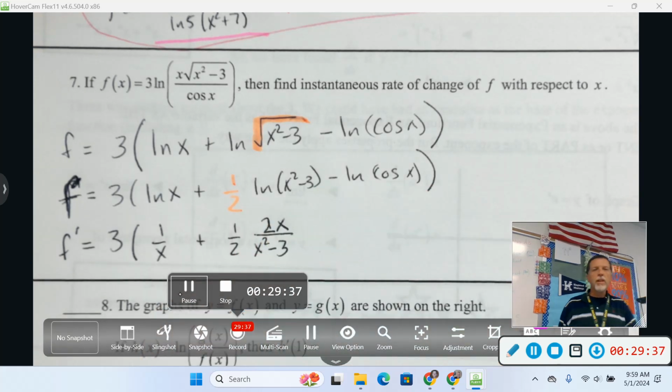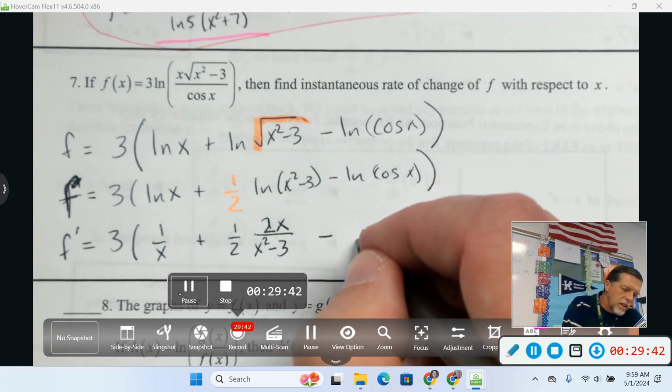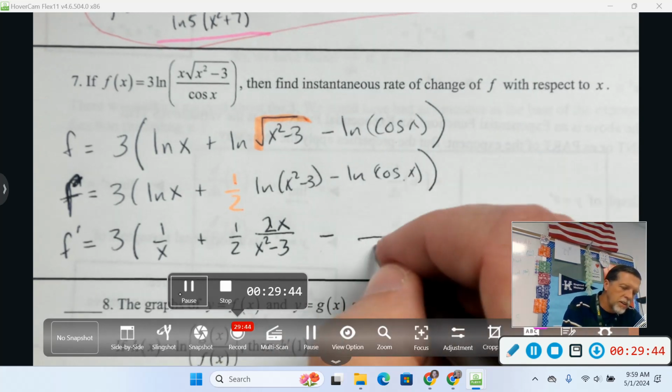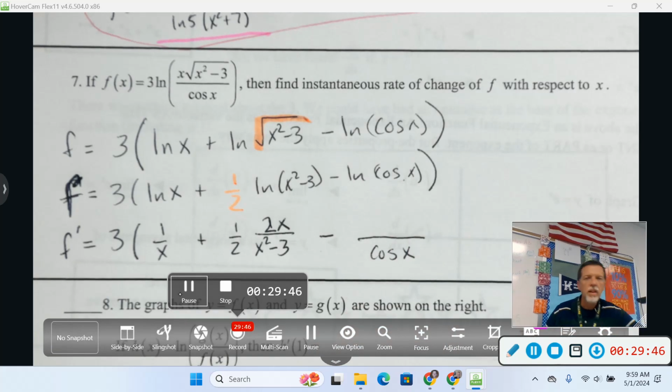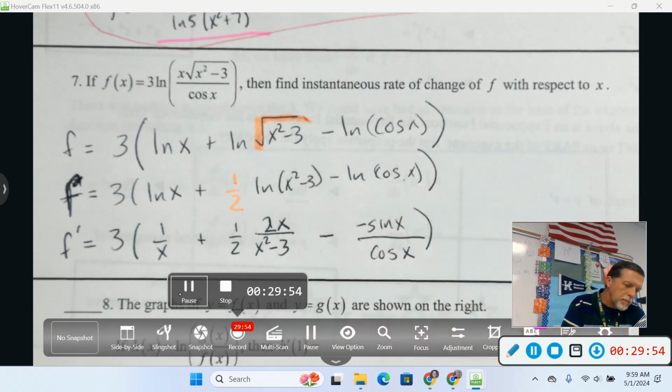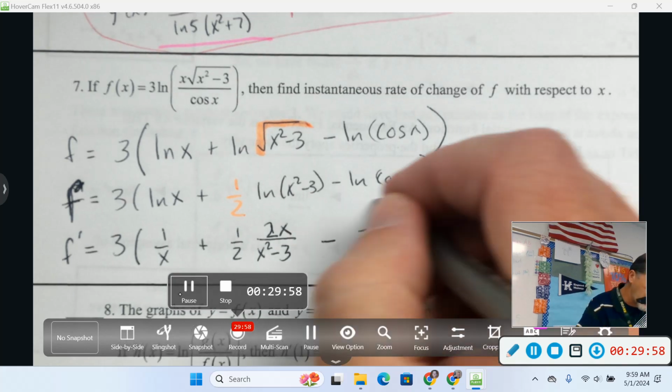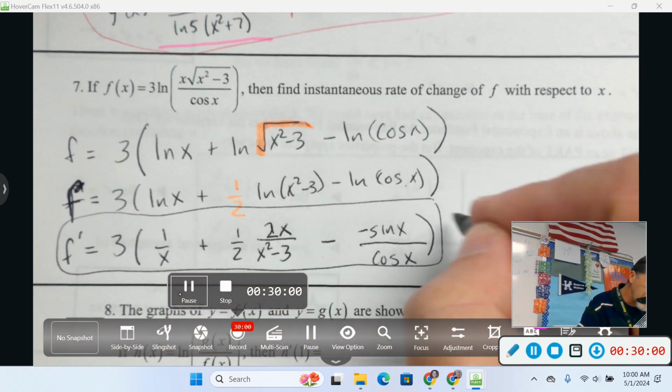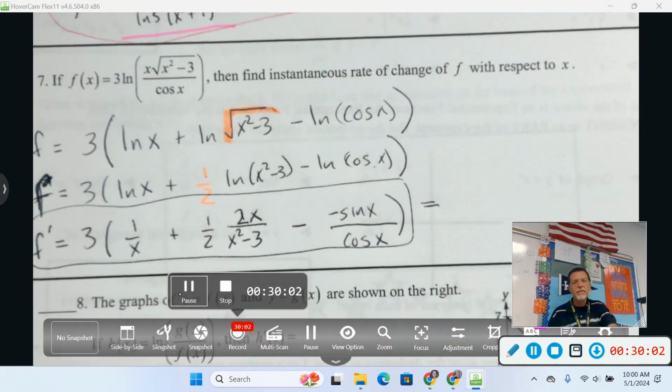Chain rule gets me that 2x in the top. Let's see, so cosine in the bottom. Derivative of cosine in the top. What's the derivative of cosine? Negative sine. And that's a perfectly acceptable safe stop right there. There's a little bit of algebra you could do to clean that up, but